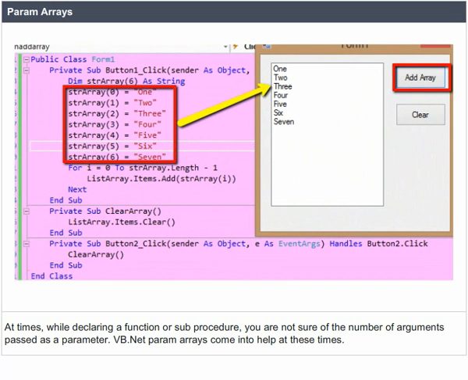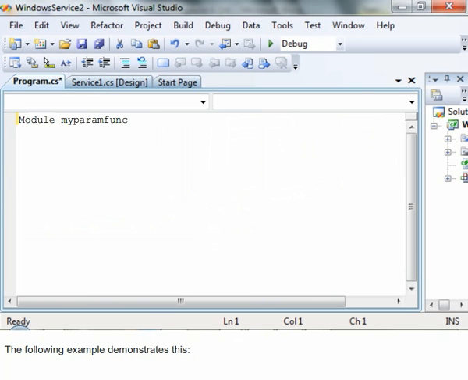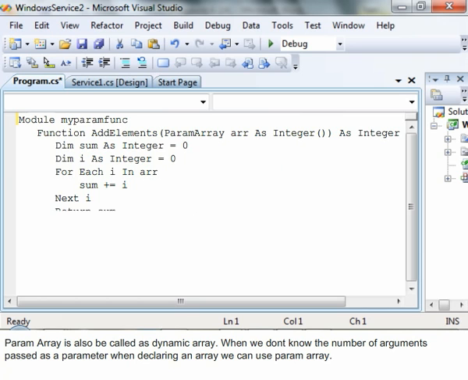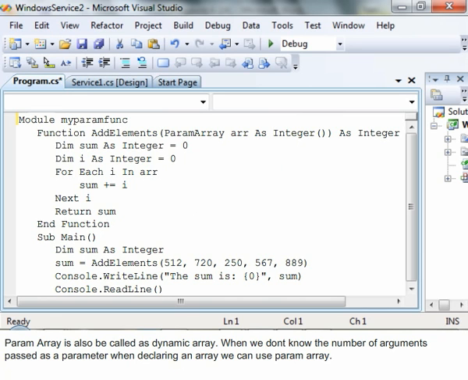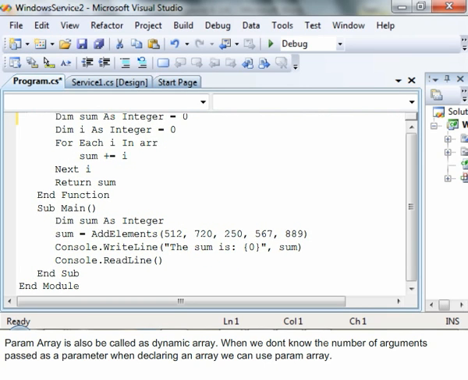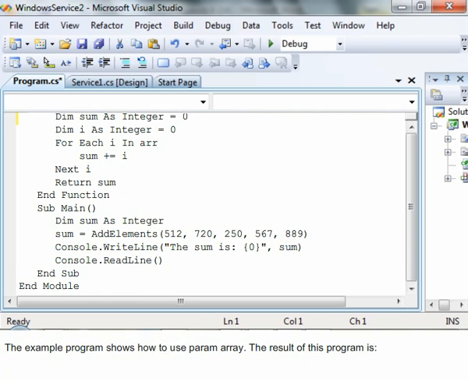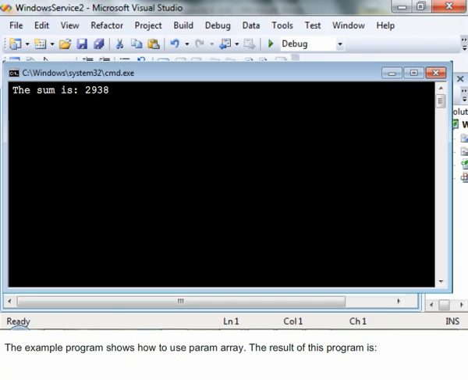Param arrays. At times while declaring a function or sub-procedure, you're not sure of the number of arguments passed as parameters. VB.NET ParamArrays come in to help at these times. The following example demonstrates this. A ParamArray is also called a dynamic array. When we don't know the number of arguments passed as a parameter when declaring an array, we can use ParamArray. The example program shows how to use ParamArray. The result of the program is